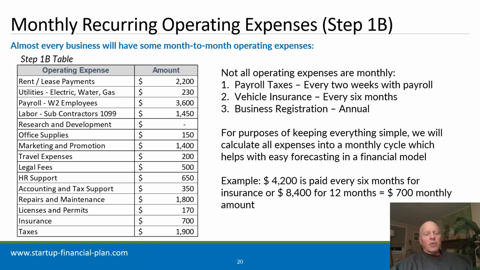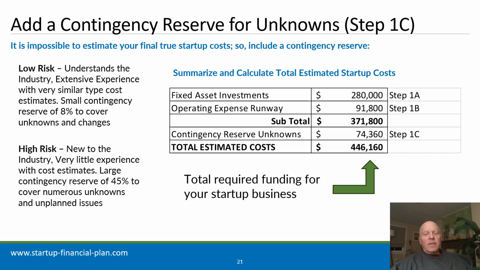And you can choose which one you want to use. Again, download it from the website. So these monthly expenses will be filled out in this template, and then the next step is to add a contingency reserve. And that contingency reserve depends. Let's just say you're opening a restaurant. You have no experience whatsoever in opening a restaurant. Then you're going to run into a lot of unknowns, and you need to have a rather large contingency reserve,